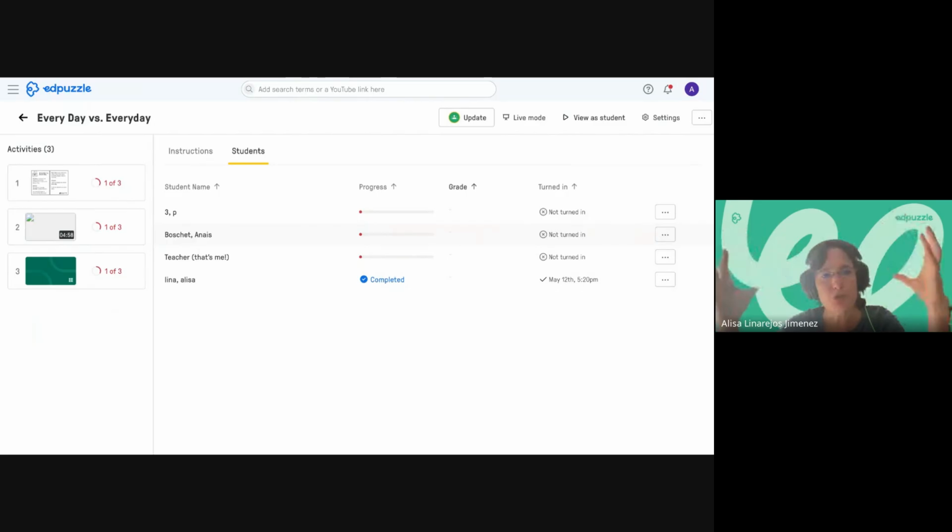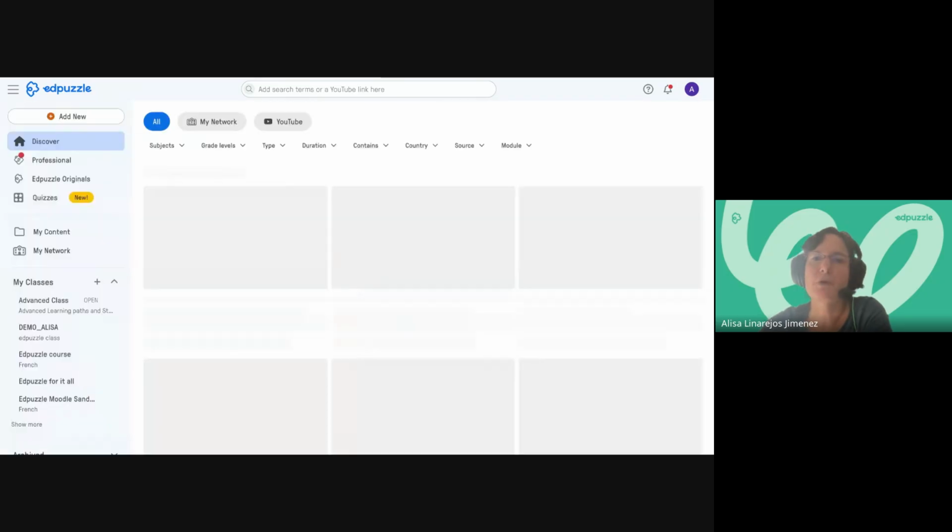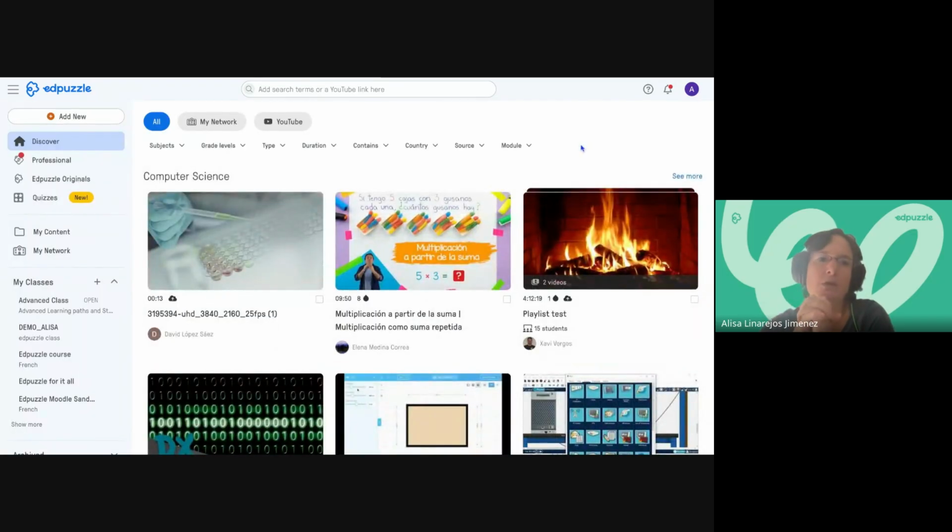It will tell me what they have done from a group perspective, it will tell me what they have done from a student perspective, and it will tell me what they have done based on the different activities that I have shared with them. That could be slides, quizzes, and videos. Okay. So if we wanted to end up today's session seeing how to create interactive slides, we would be able